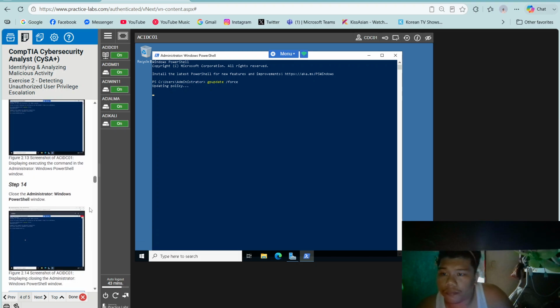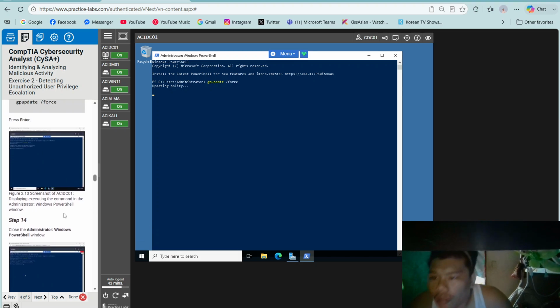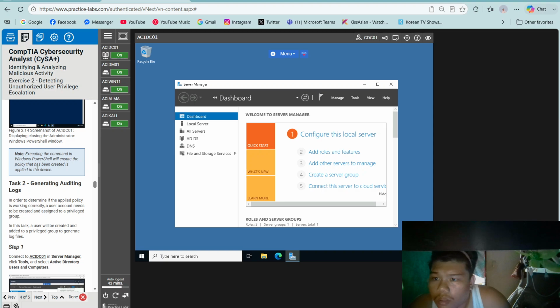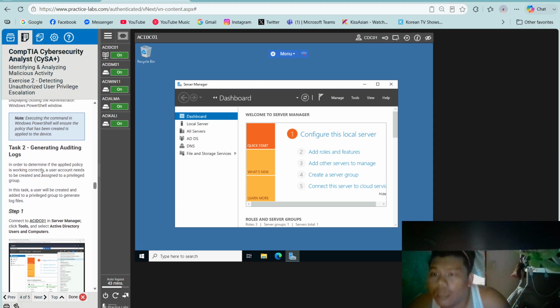Press Enter. Then close the administrator PowerShell window. Note, executing the command in Windows PowerShell will ensure the policy that has been created is applied to the device.